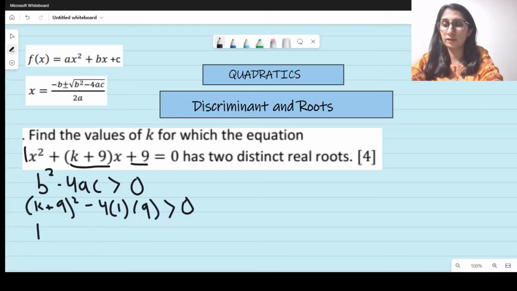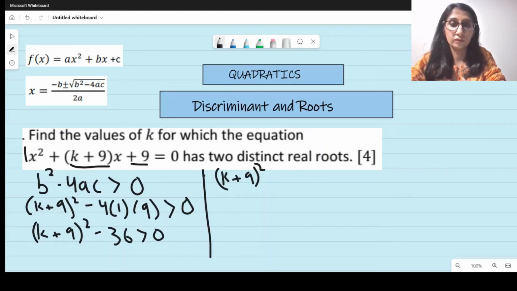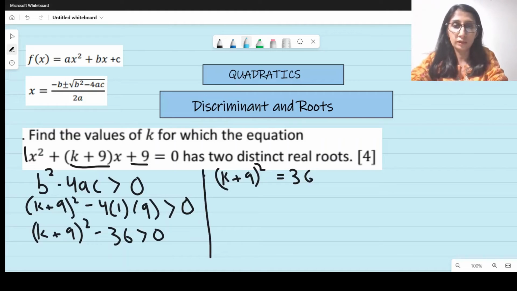So this is (k + 9)² − 36 > 0. For a while, I'll forget that this is a question on inequality and I'll treat it like an equality. So this becomes (k + 9)² = 36. Now, instead of expanding the left hand side and then solving the quadratic equation, I'll take the square root on both sides. So k + 9